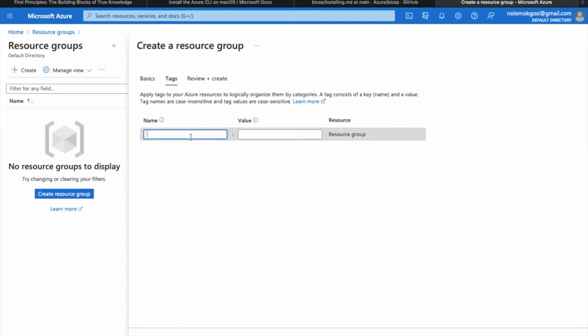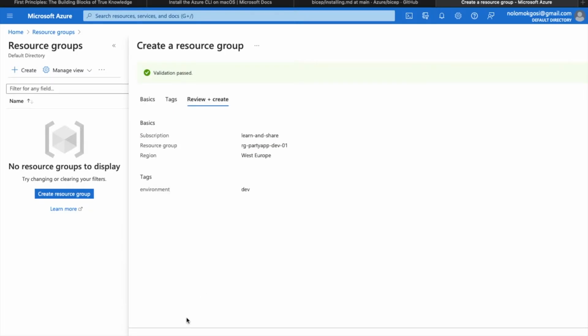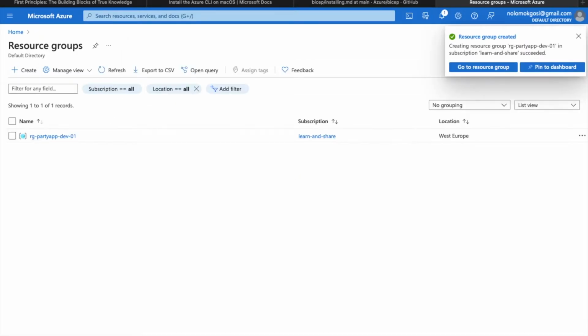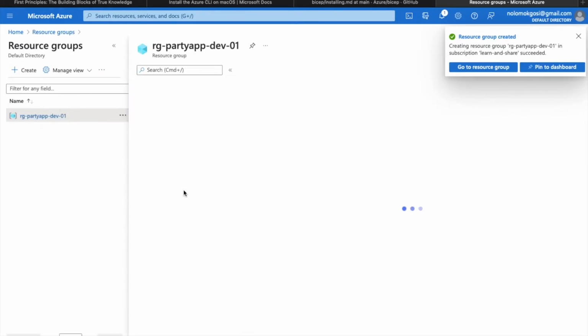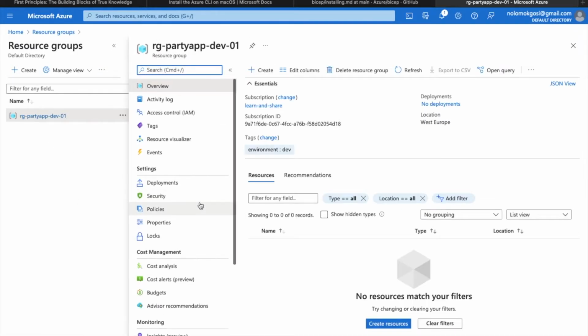Next, I can choose the tag. In this case, I'll go with environment, and also my environment is dev. Review and create, and I can create it. Boom, there's my resource group there. Right,